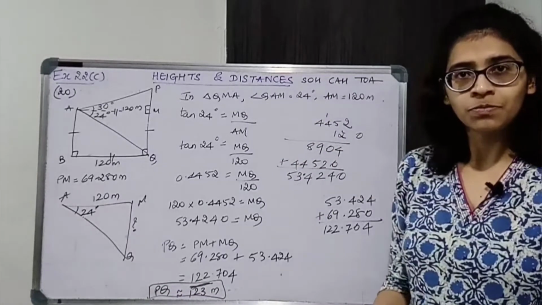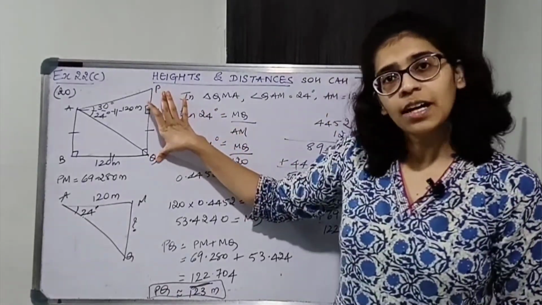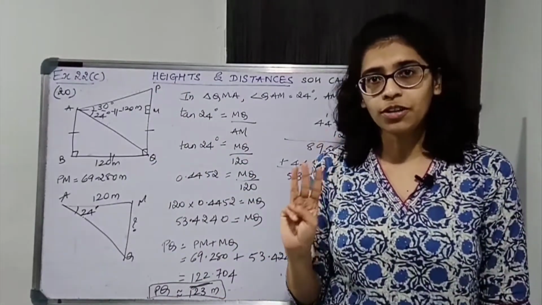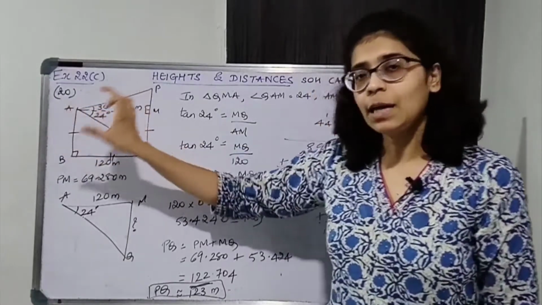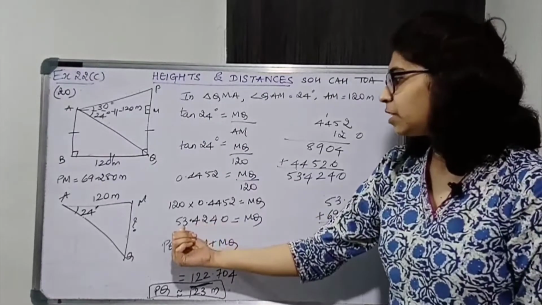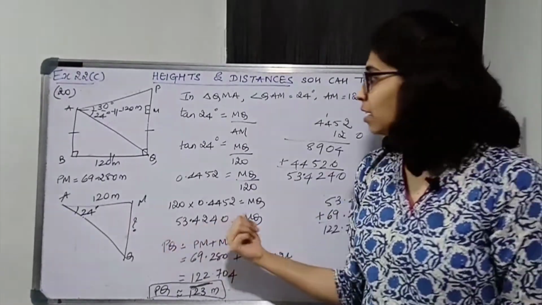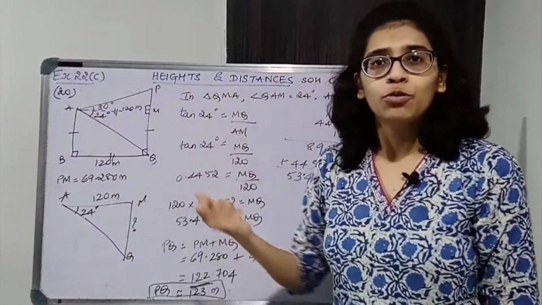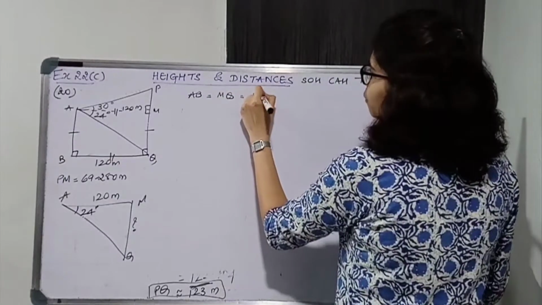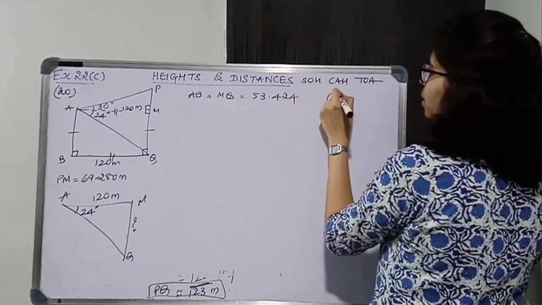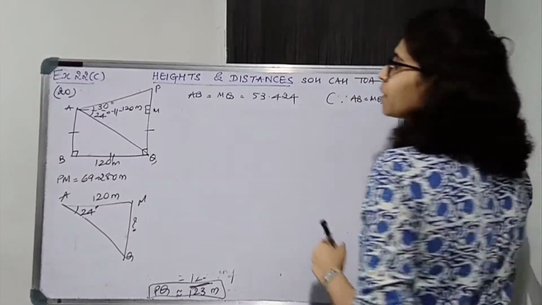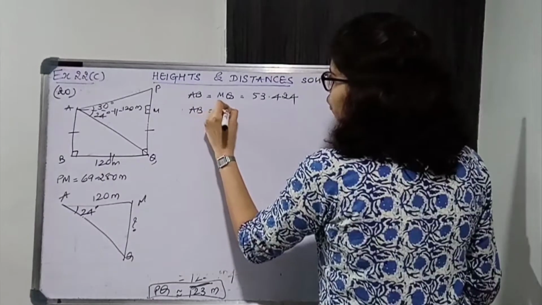Box this. So first tower का height मिल गया, it is 123 meters. Okay, we got the answer in 3 significant figures. All right, now we have to find AB. AB is nothing but MQ. Okay, so MQ कितना मिला हम लोग को? MQ is 53.424. So AB is also equal to 53.424. All right, so AB is equal to MQ is equal to 53.424. just write down, since AB is equal to MQ, opposite sides of rectangle है. Okay, now AB is equal to 53.424.